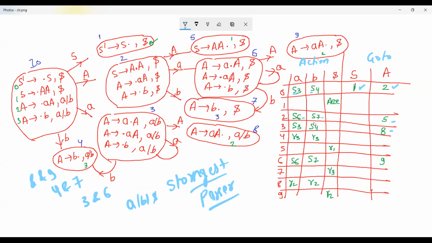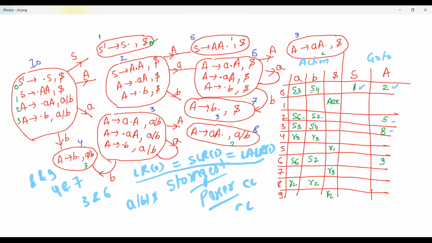Okay, so basically what is the conclusion? For LR0, the number of states is equal to that of CLR1... rather, LR0, SLR1 and LALR1 have the same number of states, right? Which means in these three parsers the number of states will be the same. But in case of CLR1, the number of states is always greater than or equal to the number of states of LR0, SLR1 and LALR1.